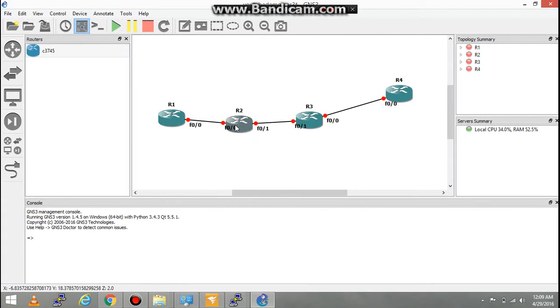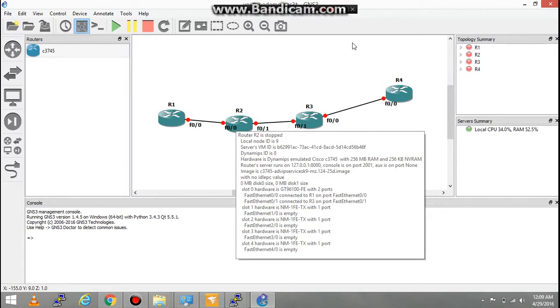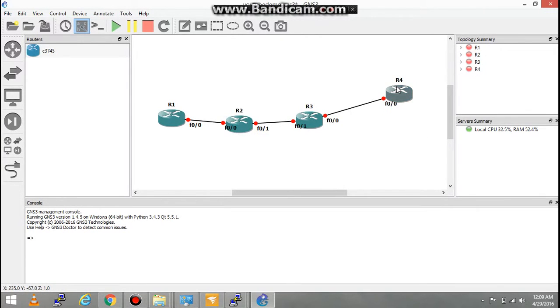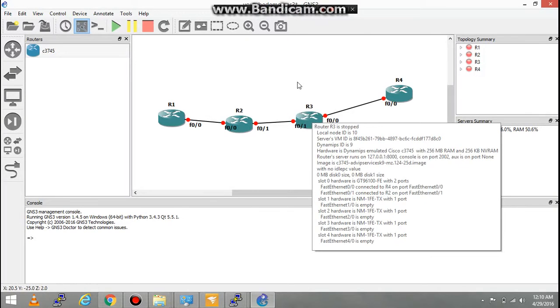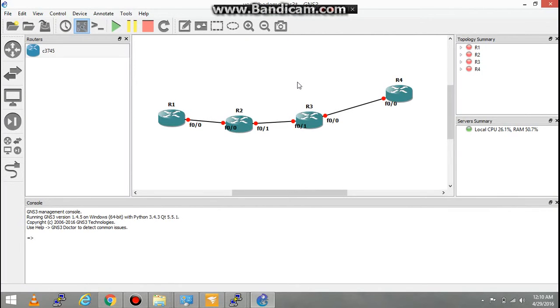When the packet reaches R2, it has to know that in order to send the packet to R4, it has to send the packet via Fast Ethernet 0/1. Similarly, when R3 receives the packet, it has to know that in order to send the packet to R4, it has to send its packet via Fast Ethernet 0/0. Well, this work is basically done by routing protocols. Each router has a routing table which contains a set of instructions as to where the packet has to be forwarded. Now let me start all the routers